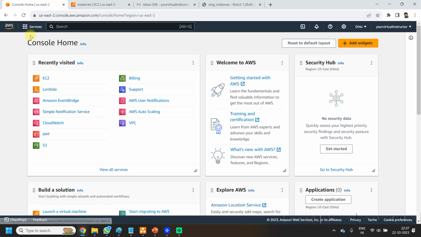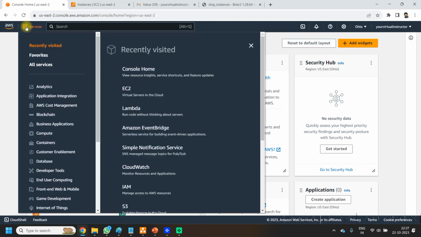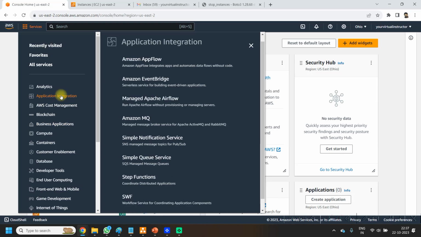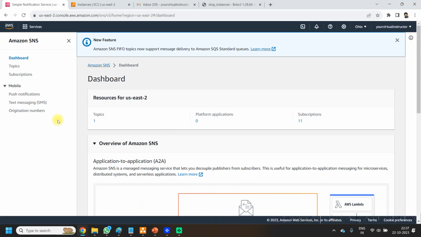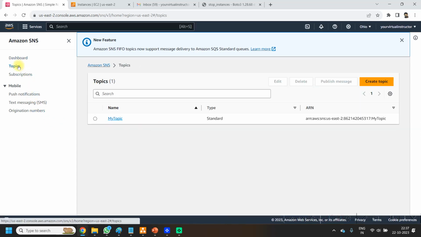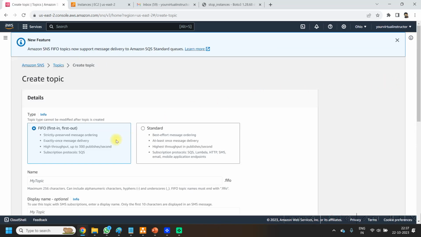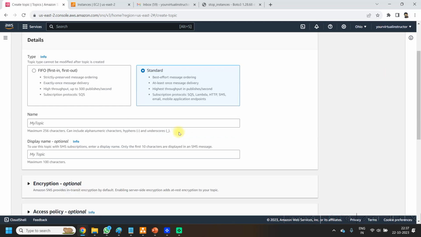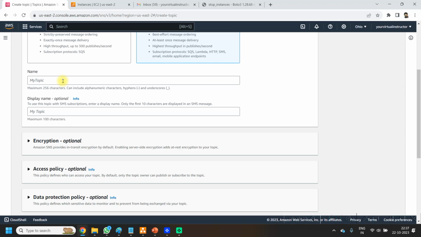and click on Simple Notification Service. For that, click on the services menu. Under the application integration section, you can go to the SNS service. From here, from the left hand side, go to the topics and click on create topic. Go with the standard type here, give it a name,